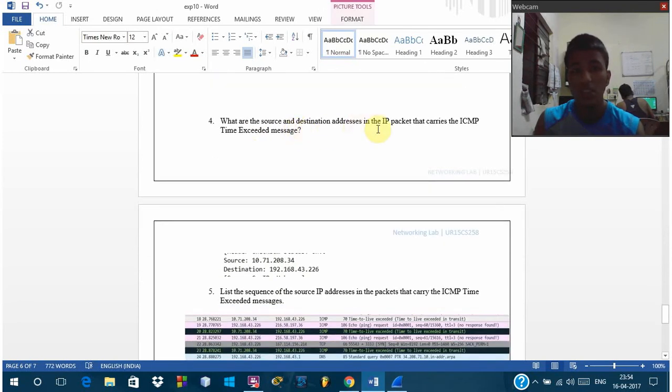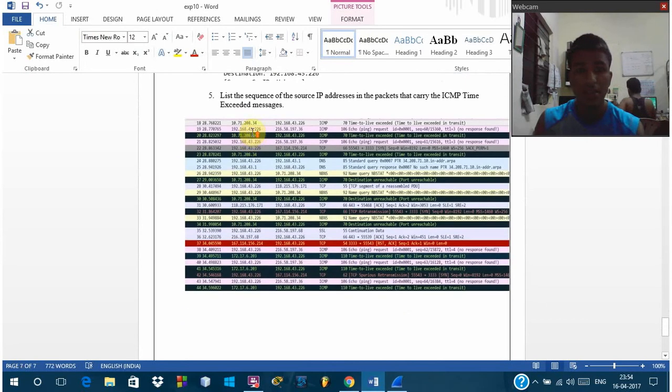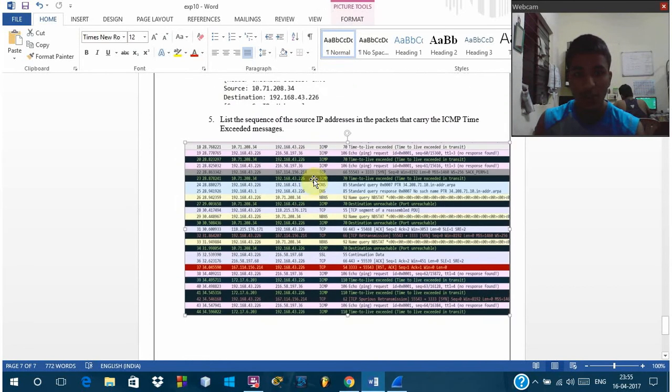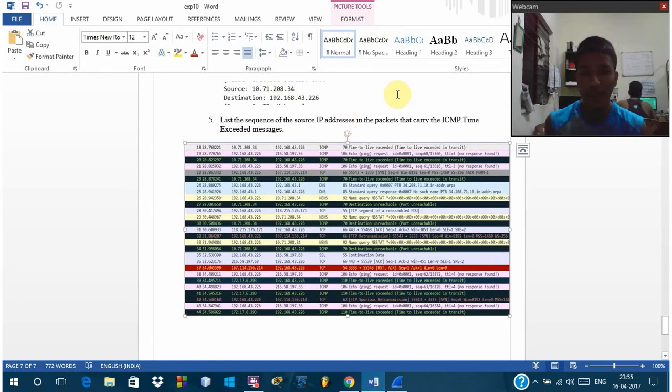What are the source and destination addresses of the IP packet that carries the ICMP time exceeded message? The source and the destination IP addresses are this, and list the sequence of the source IP addresses in the packets that carry the ICMP time exceeded messages. As you can see here, this shows the IP addresses in the packets that carry the ICMP time exceeded messages. 70 destination unreachable port, 66 TCP transmissions, 106 echo,